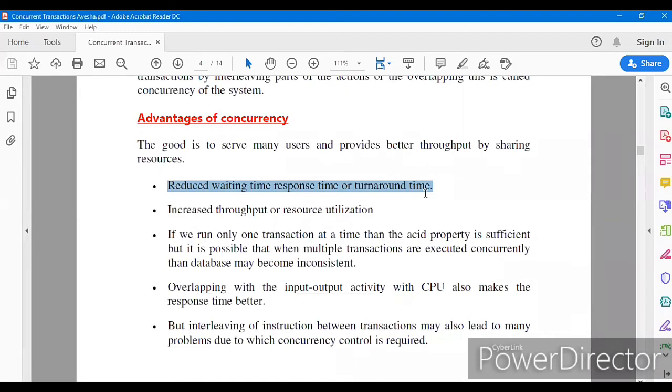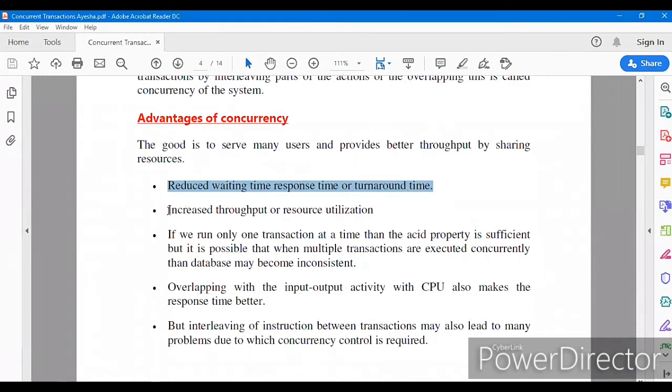But if I take the first person who requires 4 hours, then the average waiting time would be 4 hours, because the second person has to wait for 4 hours. So we need to reduce the waiting time. Now, why is waiting time required? Because there is only one processor. That means only one teacher, I can only be available to one student if I have to take one by one. That is why this waiting time and the turnaround time is required.